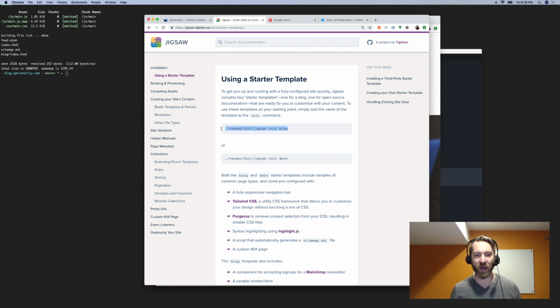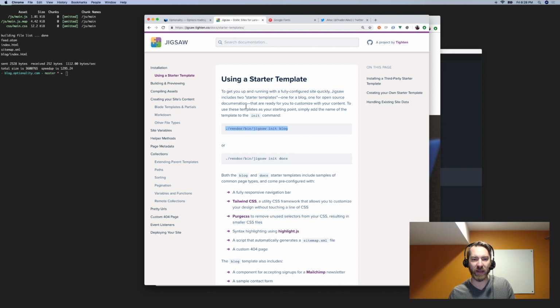But boom, right here, they have a starter template out of the box. It even used Tailwind, which is something I've also been wanting to learn a little bit more about, but I'm familiar enough with it to get things going. I think it's just a really great, quick way to style a site. So all this worked out really well.